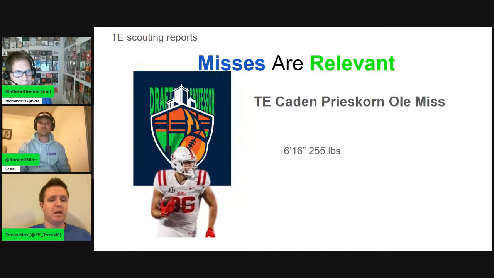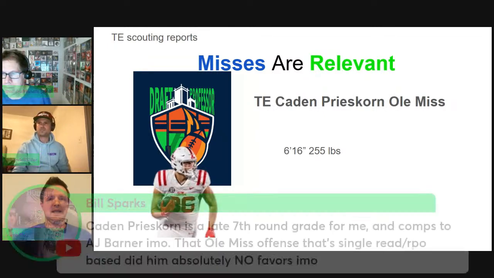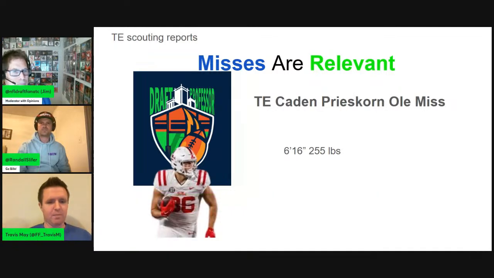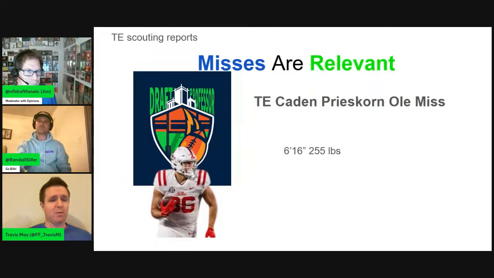He was not supposed to be this big deal, but he had like 600 plus receiving yards, over a half dozen touchdowns, and immediately became one of the most highly coveted assets on the transfer market, entering into this transfer age where you can play immediately. And so there was all this hype around him. And that was the best we saw out of Prieskorn. He too never really put it together and became this dynamic weapon as a receiver. And yes, he was okay as a pass blocker, but this past season, he was really spotty in that regard too.